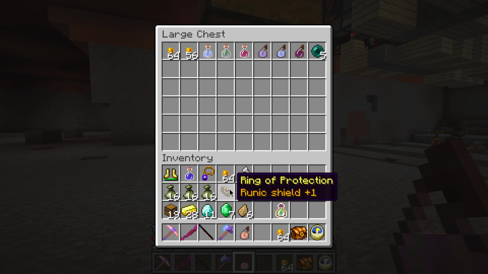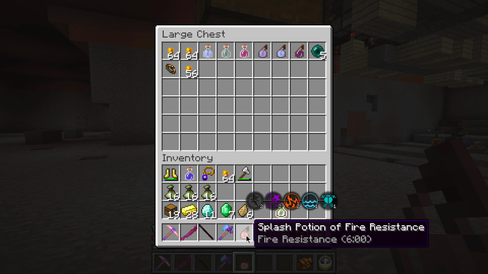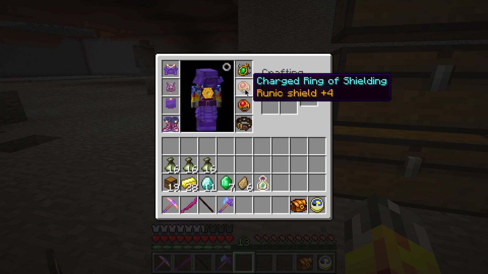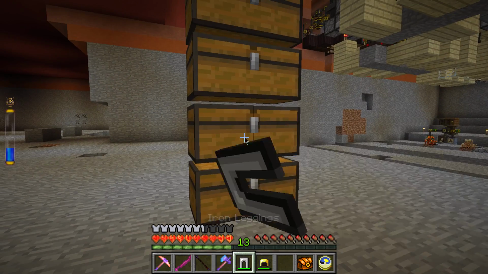Oh, we got a Runic Ring of Protection. Okay, you could always buff that up to +5 Runic Shielding for whatever reason. Oh, a Vis Stone too, nice. Just a small tangent. Get rid of all this stuff, and I think we'll keep those around, those stack. Let's see. Yeah, I've buffed up these rings to charged rings of shielding, so now the Runic Shielding charges up 50% faster,